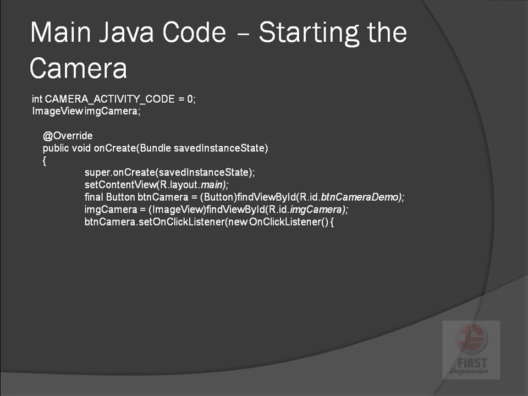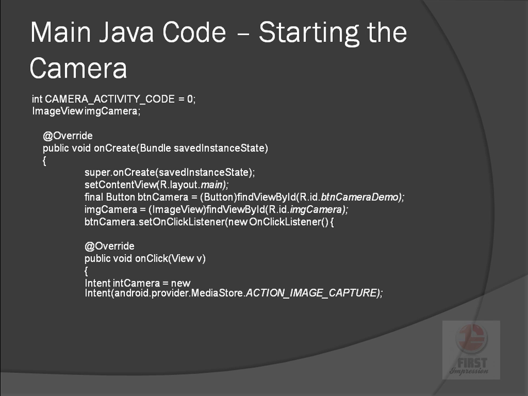Then we'll have btn camera.setOnClickListener. Inside the onClick function, we'll first define the intent. The intent here is defined in a different way because we want an image capturing intent. So how do we define that intent? By saying Intent intCamera equals new Intent android.provider.MediaStore.ACTION_IMAGE_CAPTURE. This complete line of code will allow us to launch an activity which will capture the image